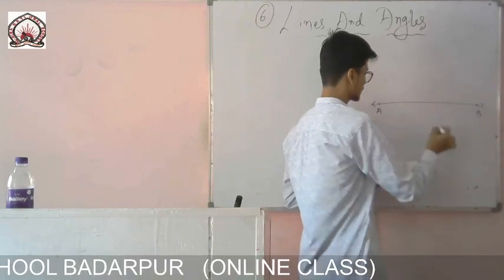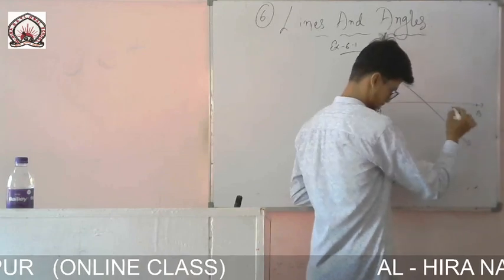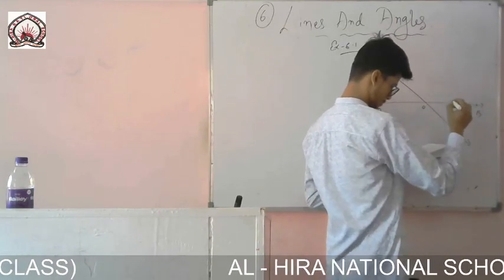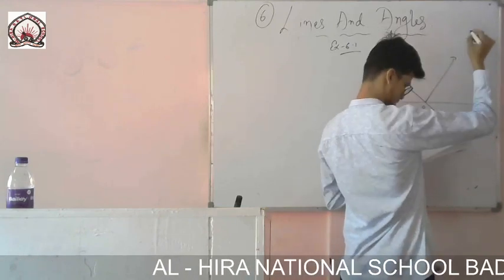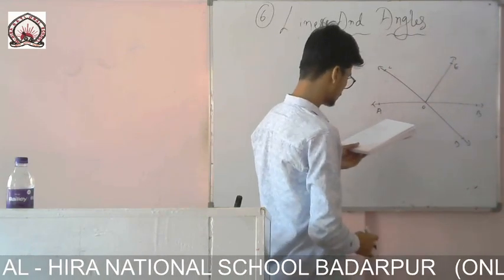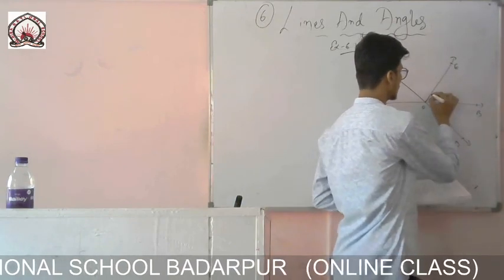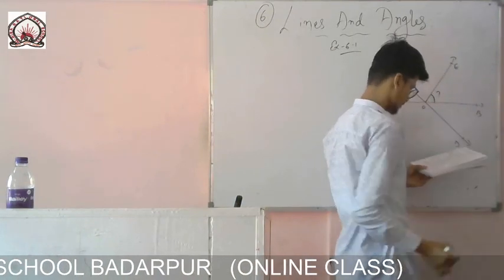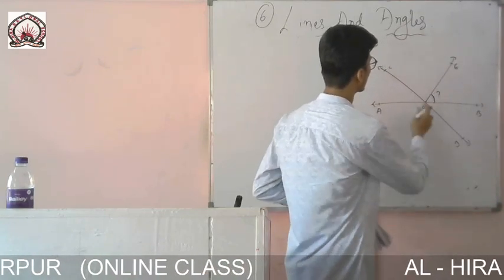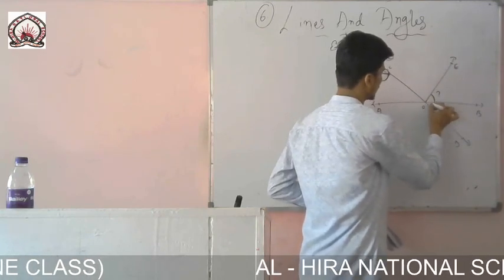So it is given like this, then another ray passes like this. This one is D, this one is C. O is the origin point and another line is given like this. It is E. So the question is to find the value of angle BOE, that means this angle you have to find, and reflex angle COE, that means the reflex of this angle you have to find, that means this part.